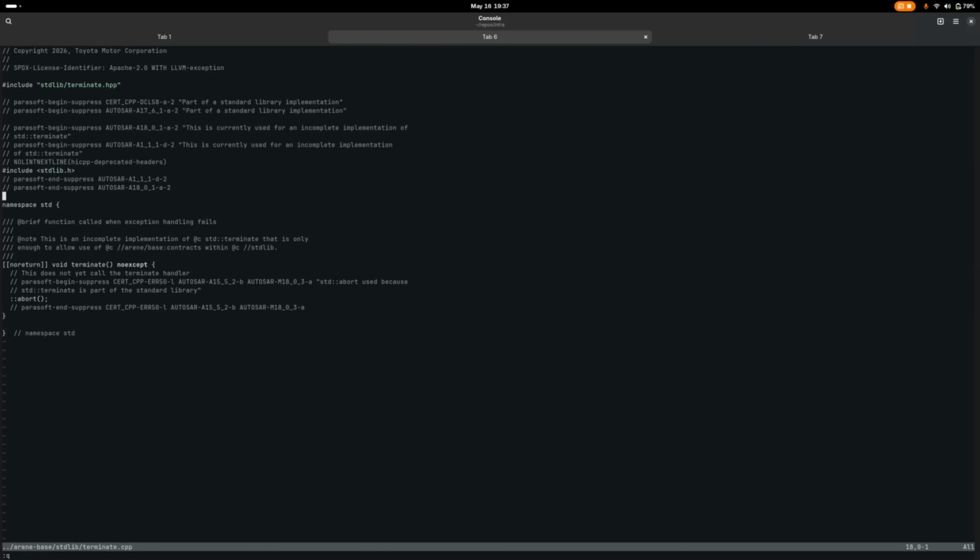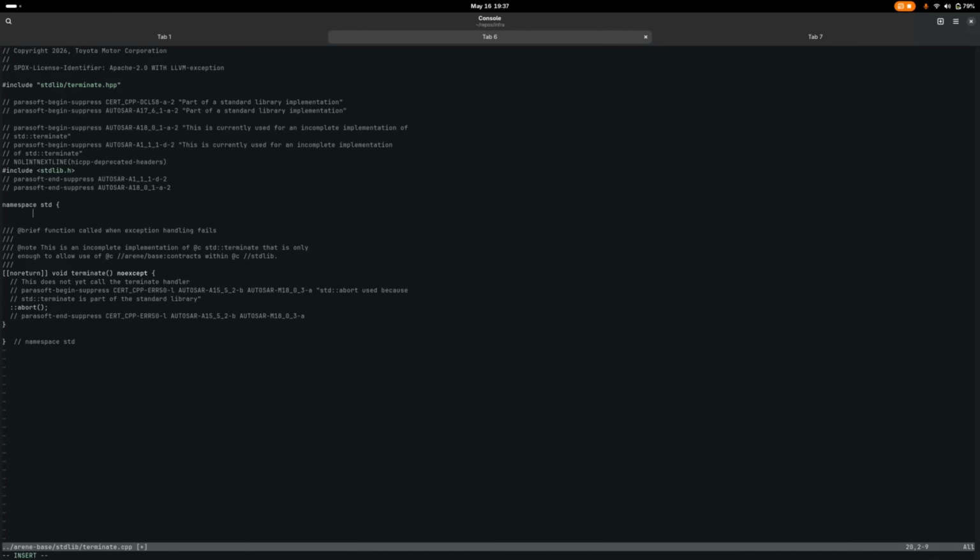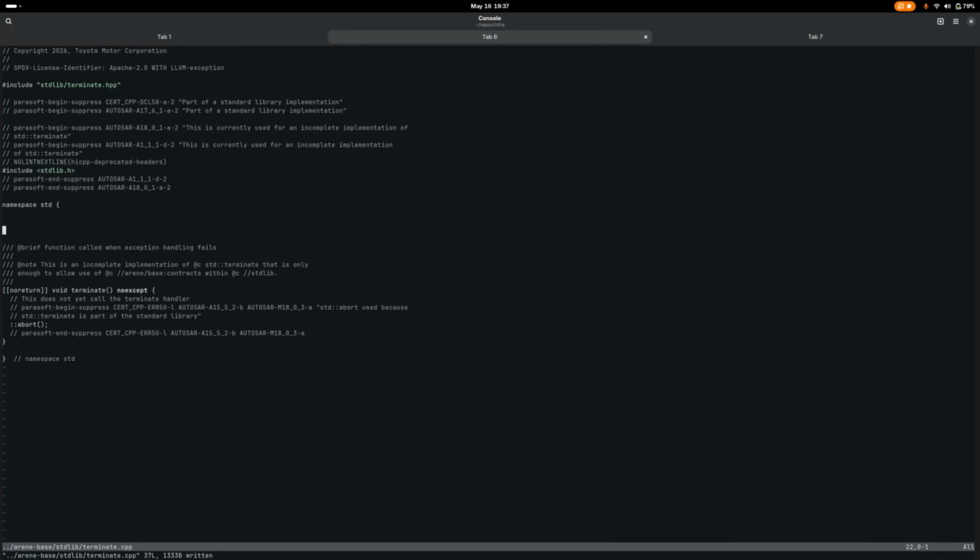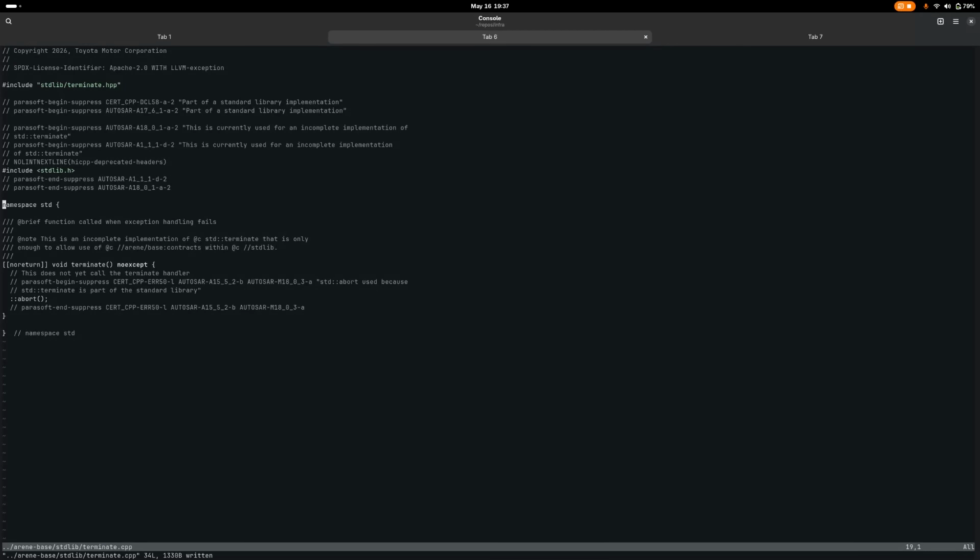What do we want to test here? Auto formatting is on, and if I save this, I would expect it to pull that to the front, but it's not doing that. I don't know if that's because